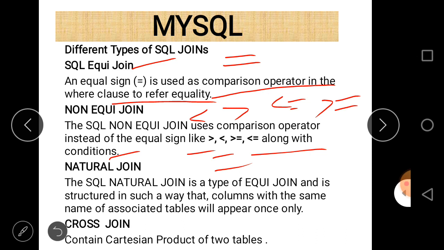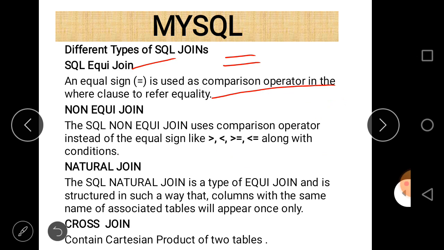Third one is natural join. The SQL natural join is a type of equijoin, and it is structured in such a way that the columns with the same name of associated tables will appear only once. That is a very important join, and sometimes it may be asked in your examination what a natural join is. They are called natural joins because tables are joined naturally.